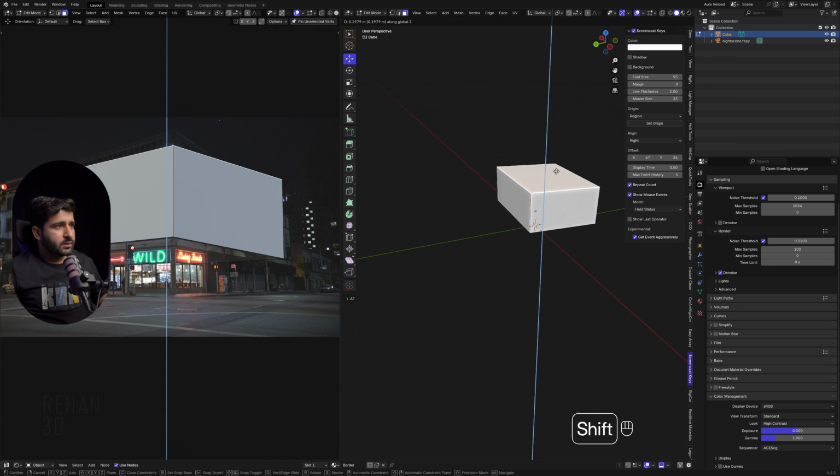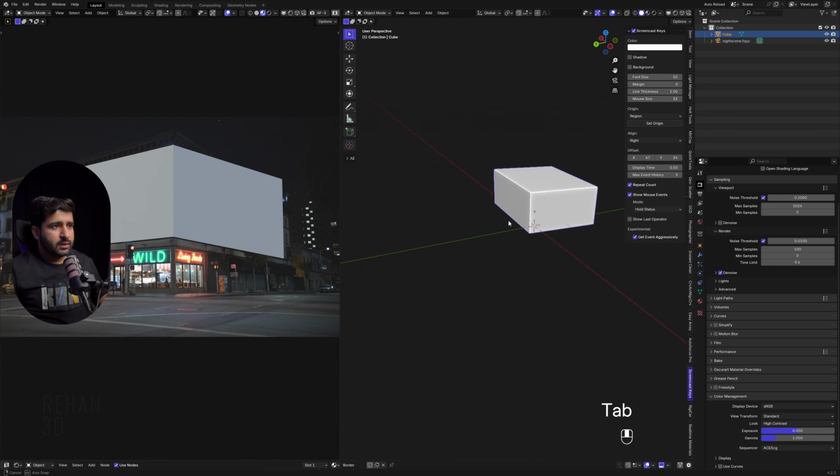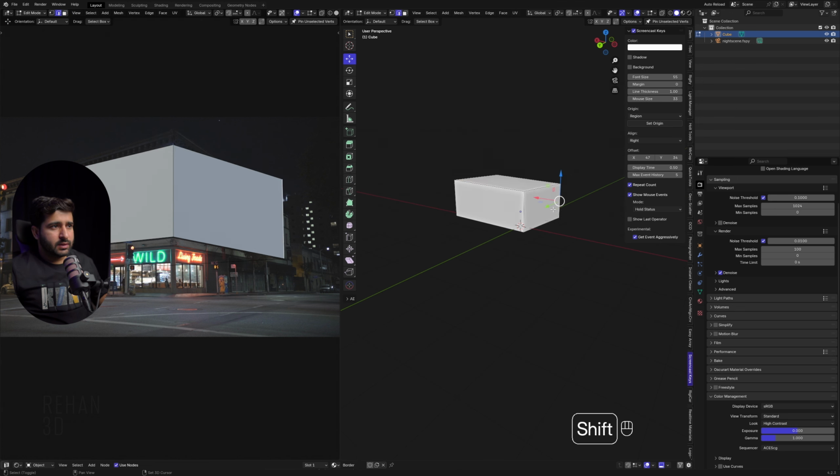Select this face, raise it like this, and after this select this edge.